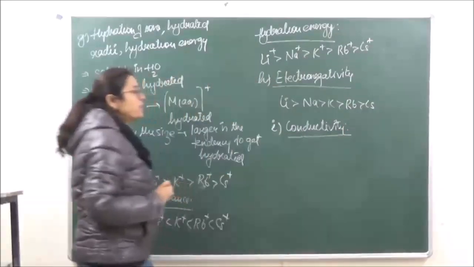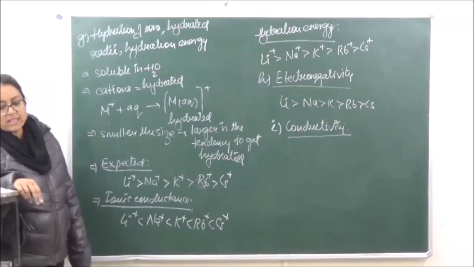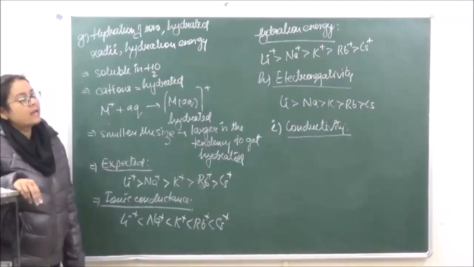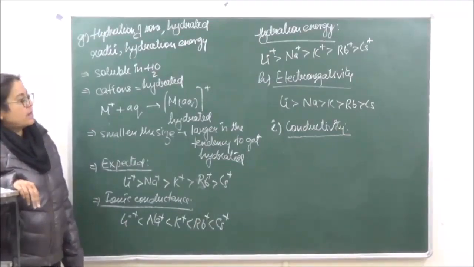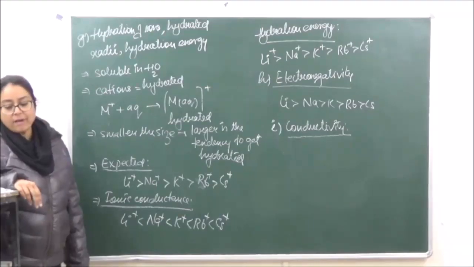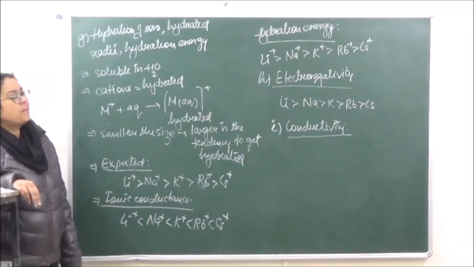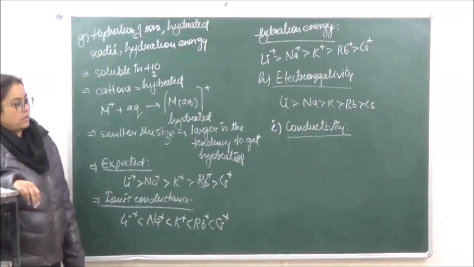They all are going to be good conductors of heat and electricity. This is because of the presence of loosely held valence electrons. Because their ionization energy is quite low, the electron can be easily removed, therefore they have high conductivities. However, the conductivity should keep on decreasing down the group.